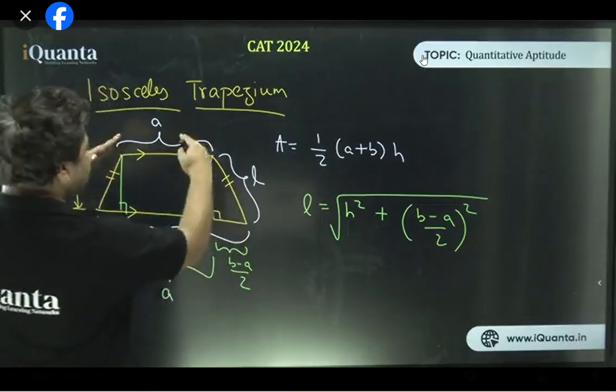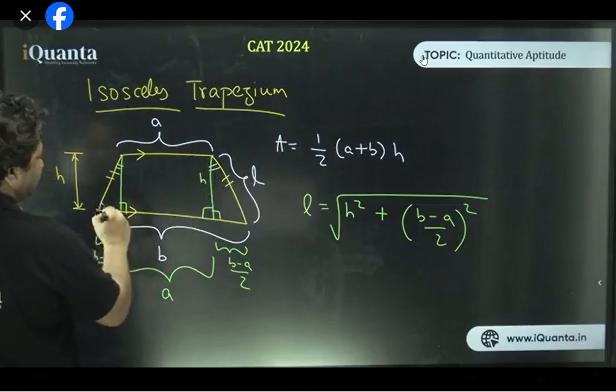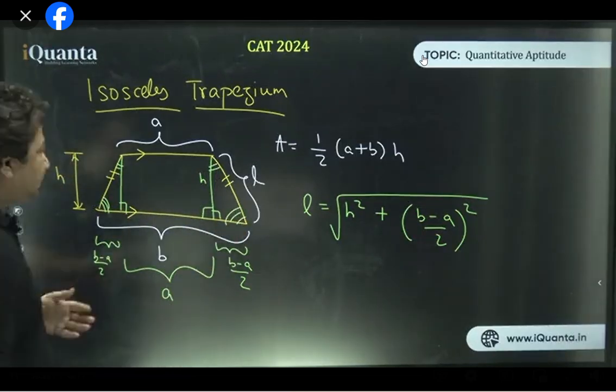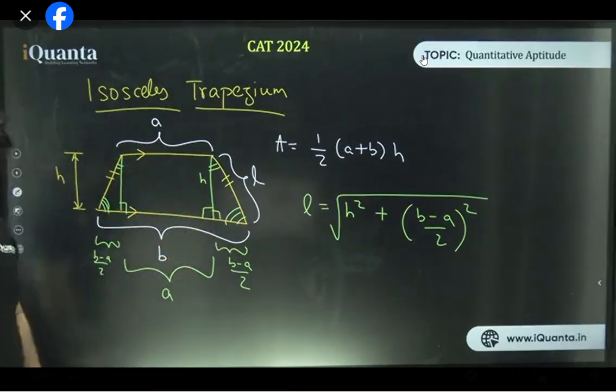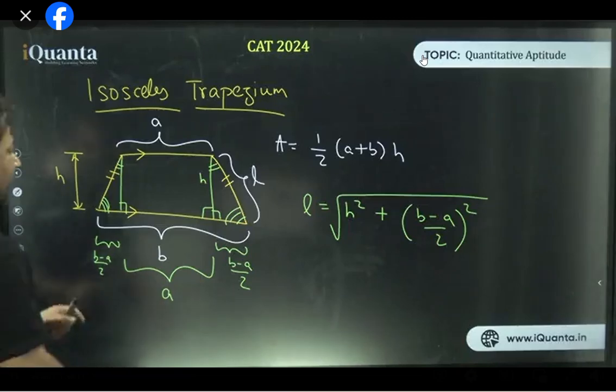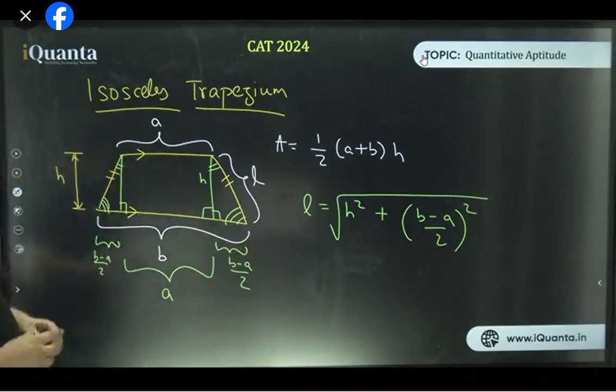See, this is an isosceles trapezium, isn't it? Both sides are equal, so this angle is also equal, right? This is also equal. That's why it's an isosceles trapezium. So this whole was b and this part is a. That means the sum of these two remaining parts is b minus a. Yes or no? So whatever is left apart from this is b minus a. Half is here, half is there, so we made it (b minus a) by 2. Cool. Got it, everyone? That is b minus a divided by 2. I hope it's clear. Perfect.